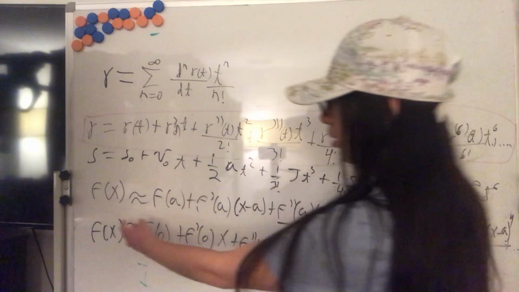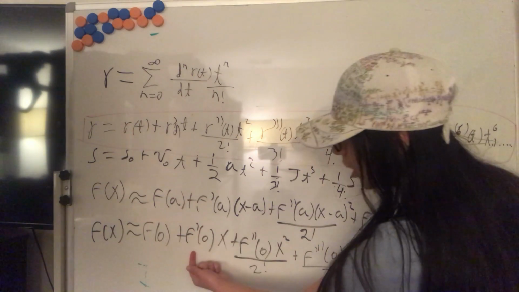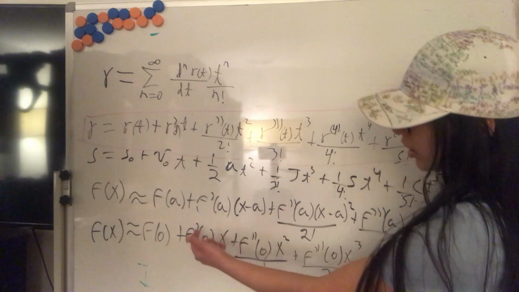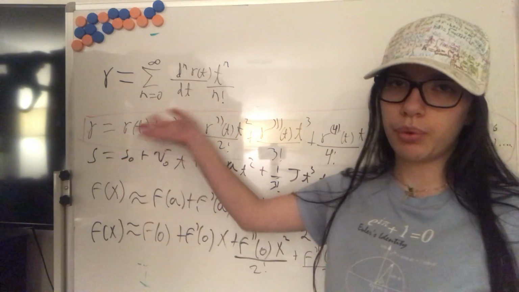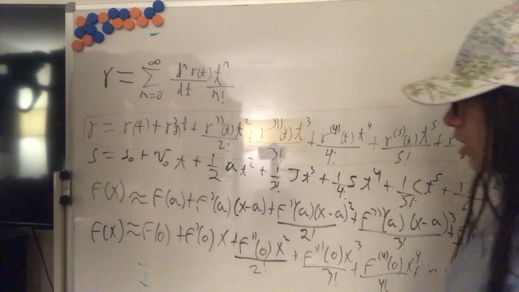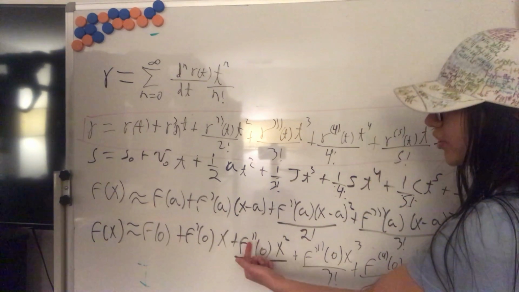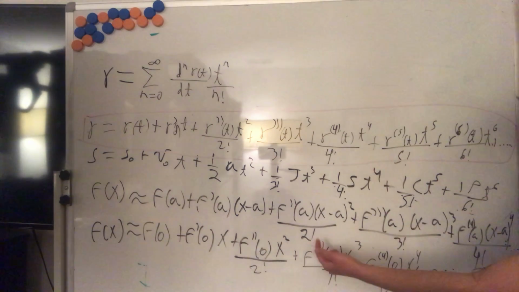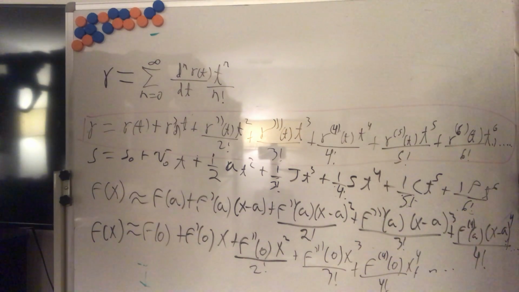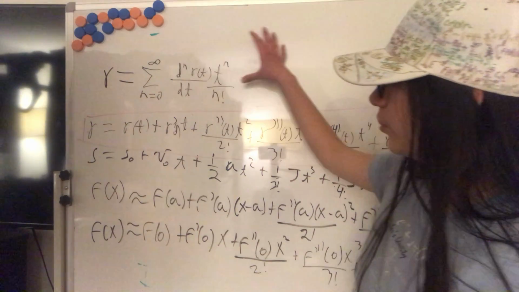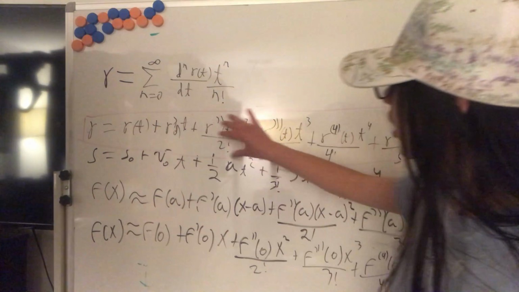If you see, we have the position s of x or r of x equal to the original position plus the original velocity times the time. Here x in this case is t, and f of x, I mean r of t, or whatever we want to call the position vector. The first derivative is the velocity, plus 1/2 of the acceleration times time squared, plus the third derivative times x cubed over 3 factorial, that is 1/6, etc. So the formula that we came up with in the previous video corresponds to this Taylor series,